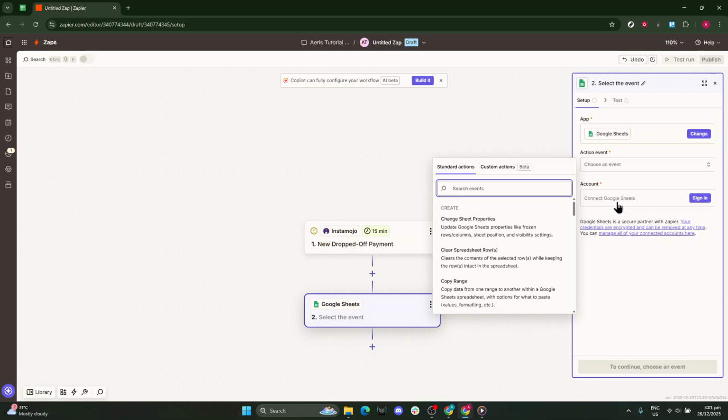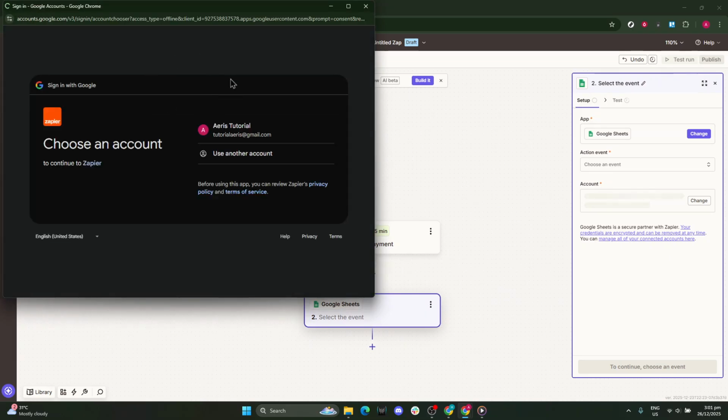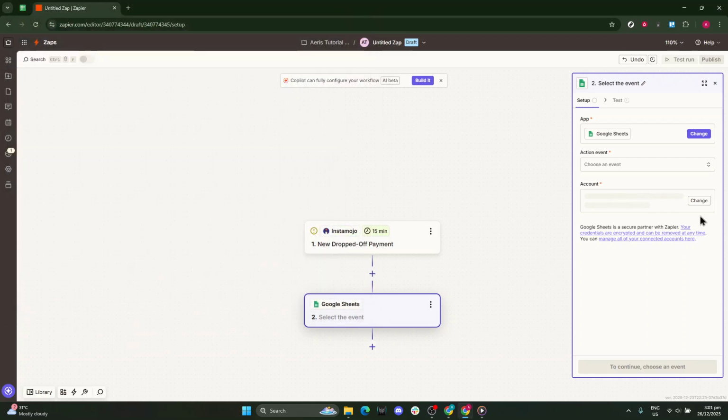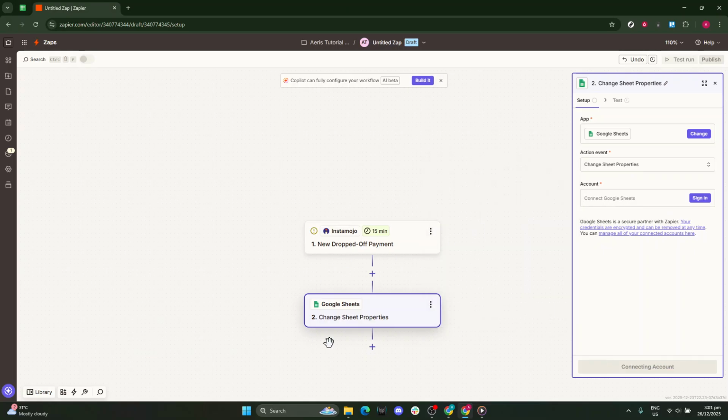Finally, connect your Google Sheets account. Zapier will ask for permission to access your spreadsheet so it can perform the action you chose. Approve the connection using the secure prompts provided. That's it. You've set up the foundation, Instamojo provides the trigger, and Google Sheets is ready for the action. This structure keeps your data moving automatically and consistently, saving